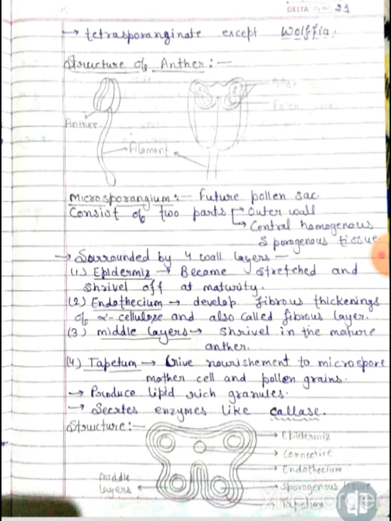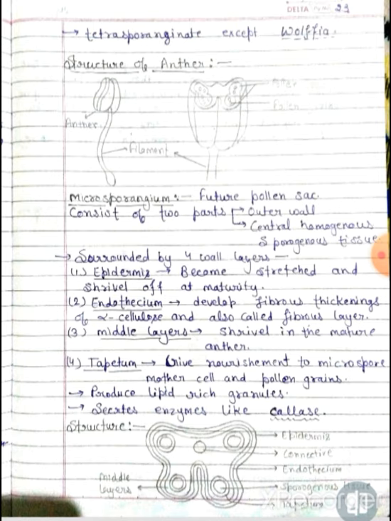Both endothecium and tapetum consist of large cells. In a typical anther, the endothecial cells develop fibrous thickenings of alpha cellulose on the inner and radial walls and become dead. Because of the presence of fibrous thickening, the endothecium is also called the fibrous layer.